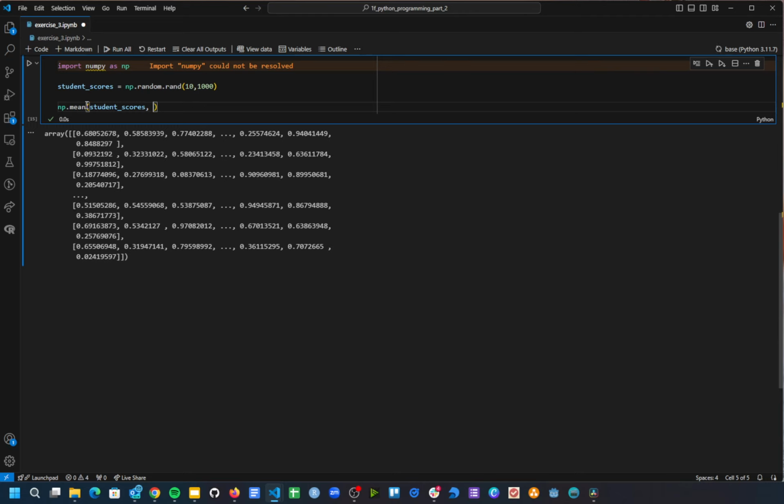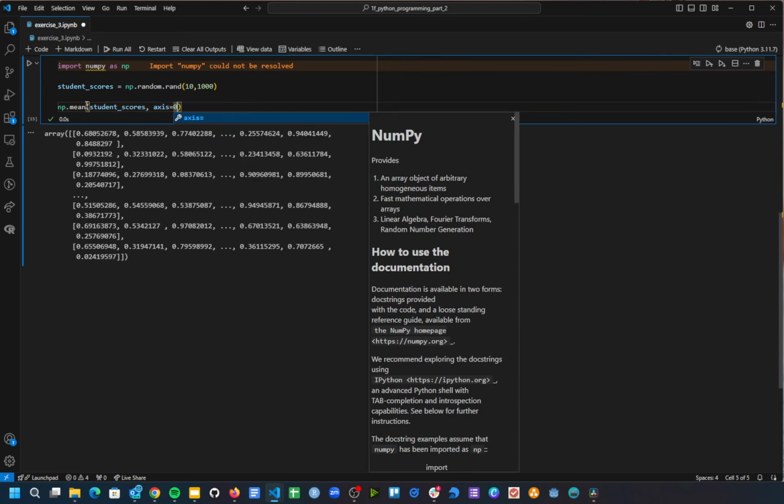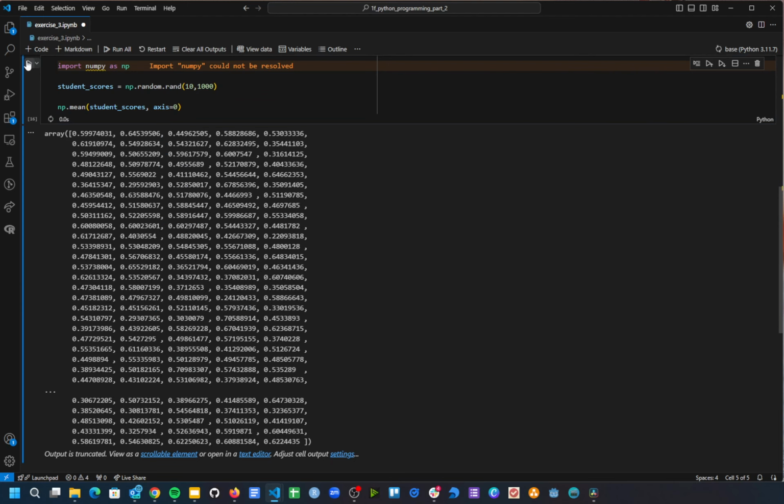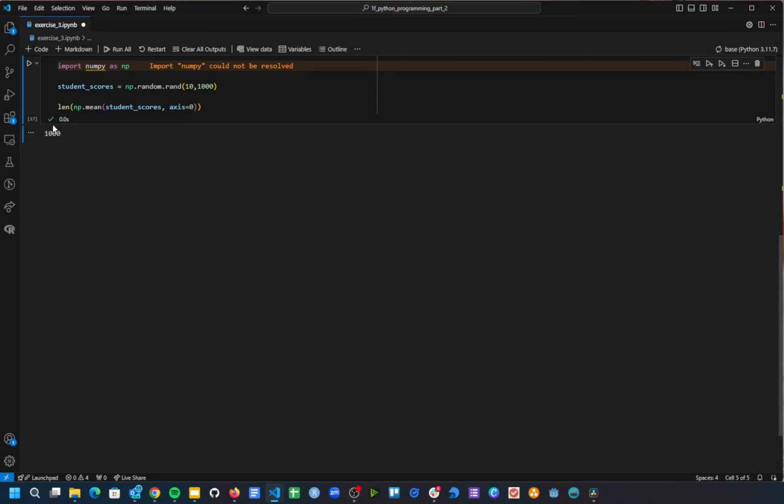We don't want that. We want the mean per centre. But let's just try it with this axis equals 0 first and see what happens. Now this still looks a bit long, doesn't it? I think if we were to print the length of this, we would see 1,000, and that's exactly what we're getting. So we have 1,000 items in our array, and that is because we've got the average across student 0, the average across student 1, the average across student 2,